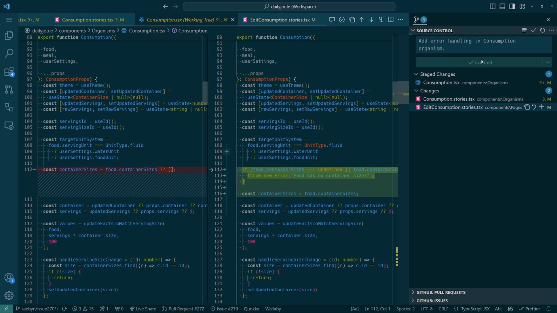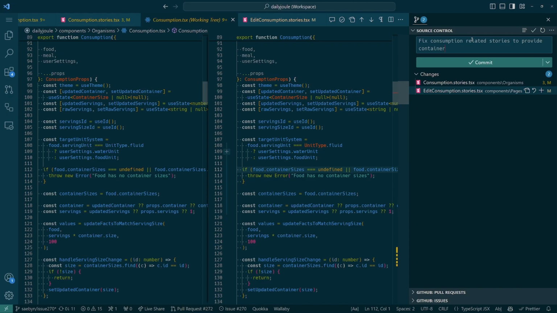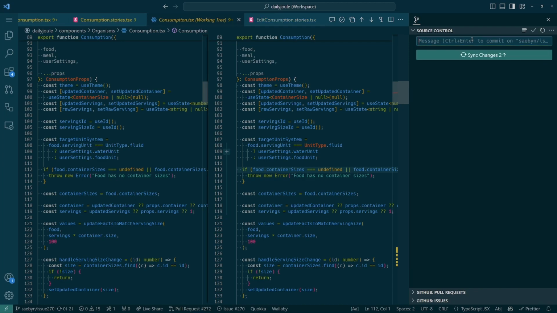So we'll commit that by itself, and then we'll fix consumption related stories to provide container sizes. So that was the change two weeks ago, right? There was the